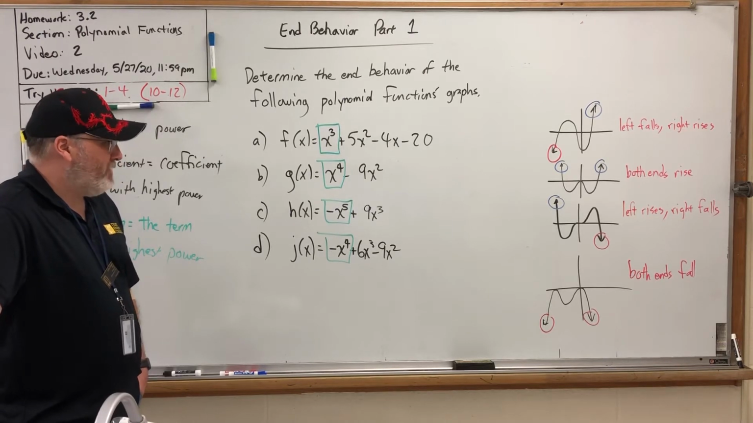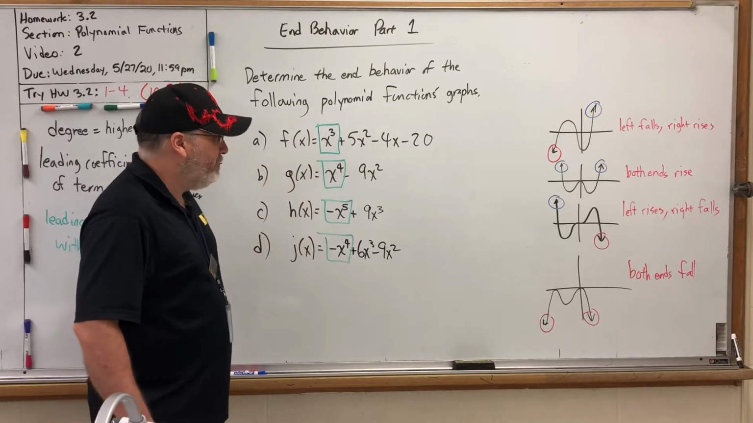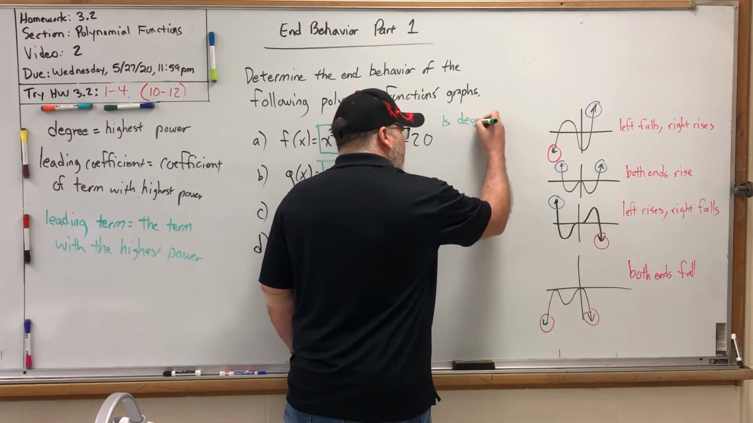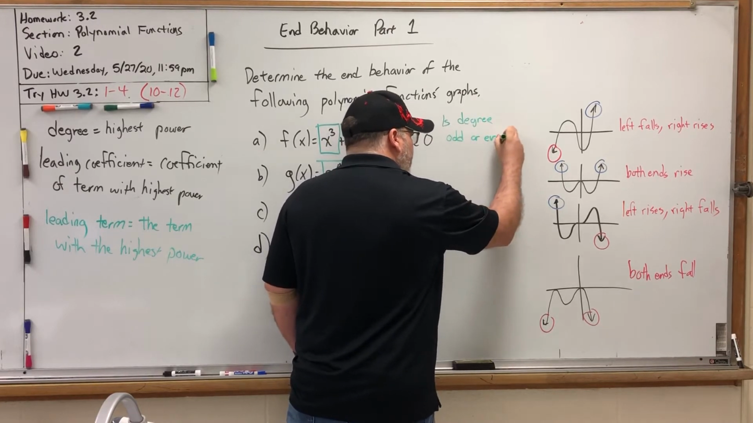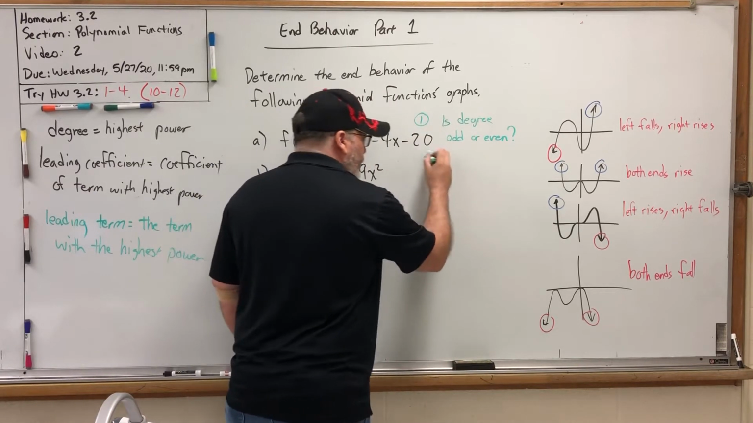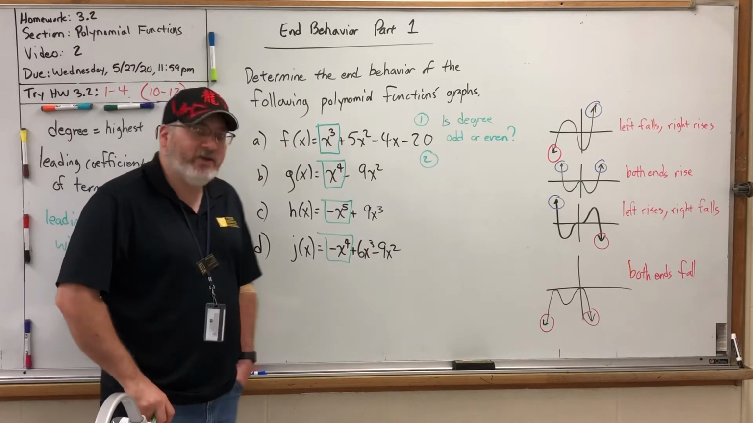So we don't have to ask, will the degree be positive or negative, because it will always be positive. But you ask yourself, is the degree odd or even? That's question number one. Question number two concerns the leading coefficient, the number in front of that x, and whether